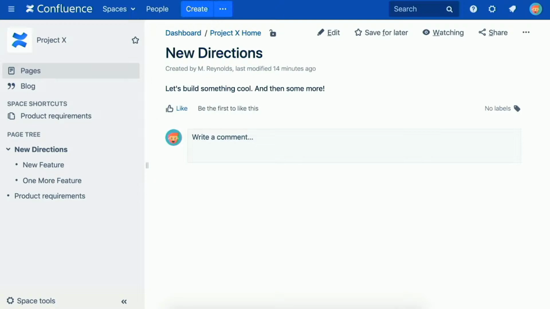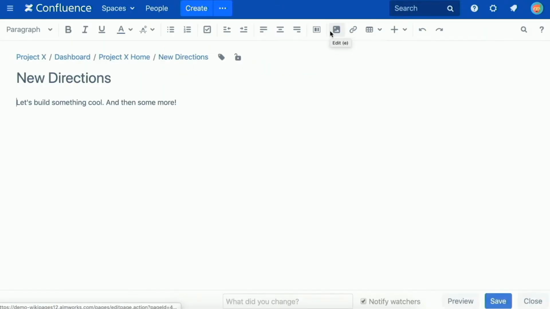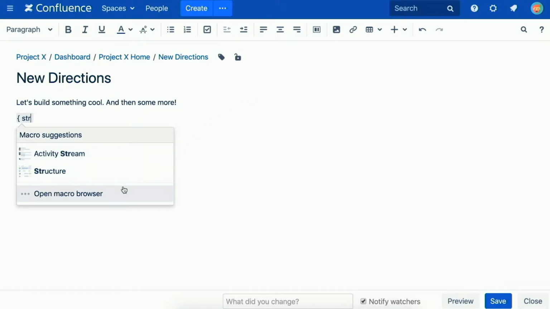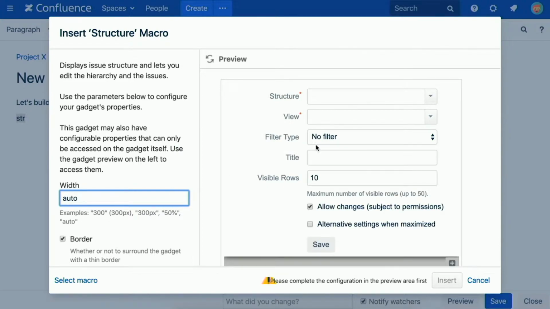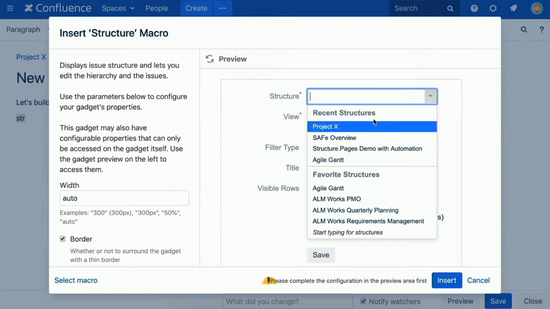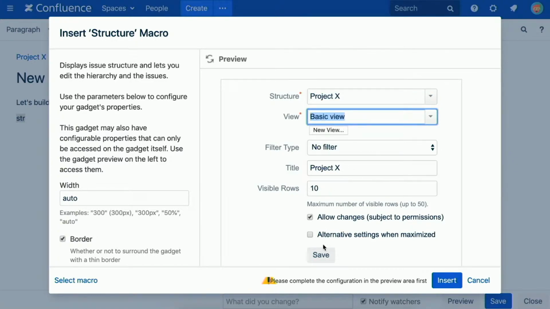So the last step that we haven't done yet is giving our managers some more visibility into the project. Maybe they don't like to go into Jira, they prefer to stay in Confluence. Jira is too complicated for them sometimes. So luckily we have something to offer them too. Once you've created your structures, you can insert them into Confluence pages. For example, in this case, we've just created the one that visualizes all our work. We can just add the gadget into the page. We can select which structure we want to show and which set of columns we want to show, and once we do that,